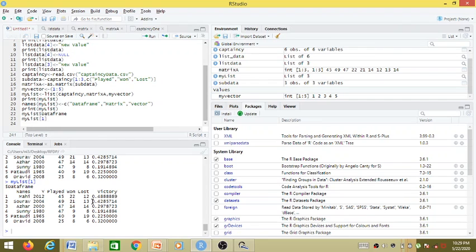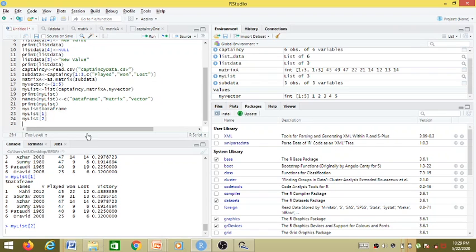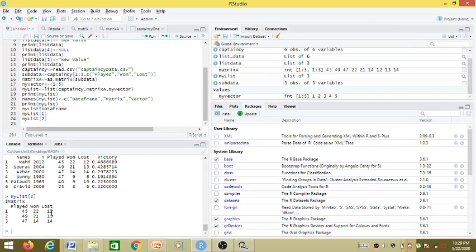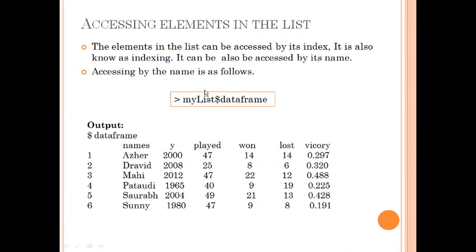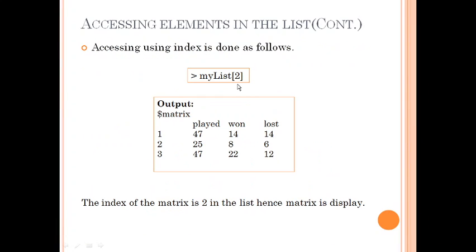So either by name or by index you can extract a particular element from the list. If I give the second index, I'll be able to see the matrix. So this is how we can access an element from the list either by the name or by the index.